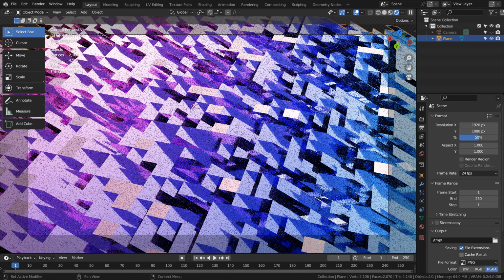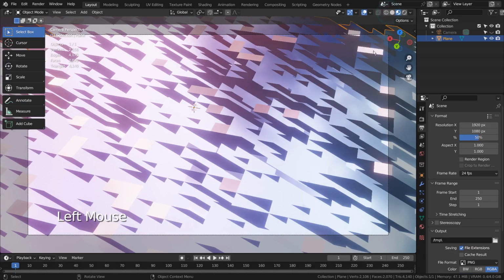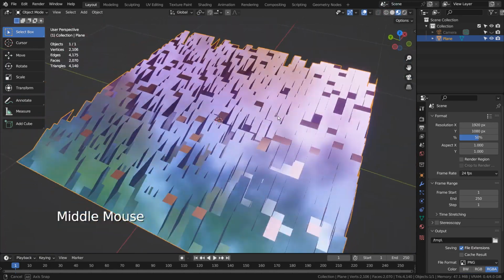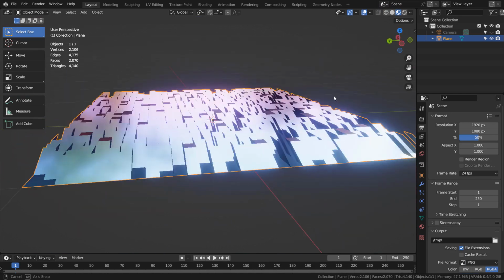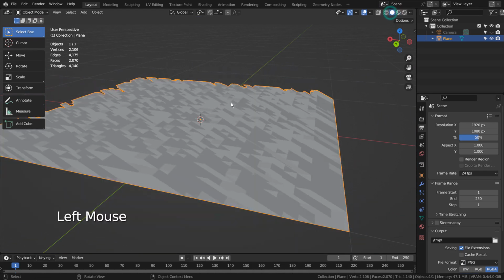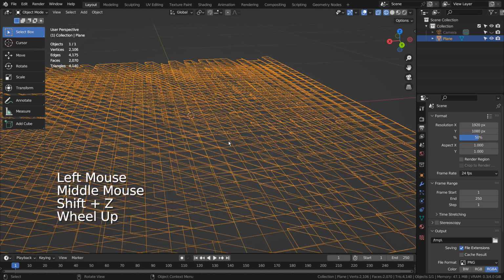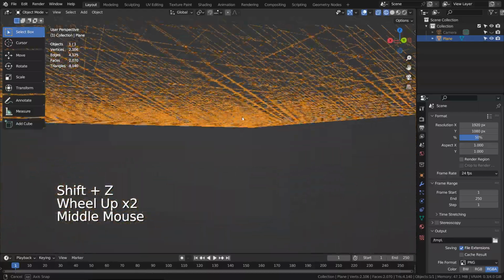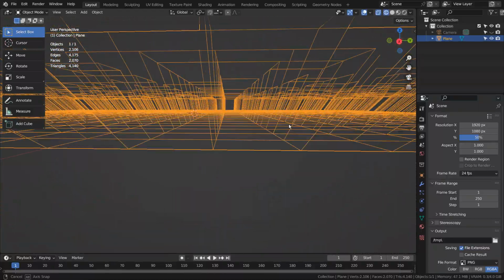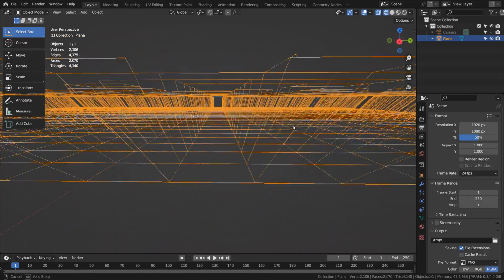In this tutorial, I'll show you how to create this abstract art. This is how the mesh looks like, and I have only used a plane. The idea is to subdivide the mesh multiple times, and extrude randomly selected edges. After that, we would apply two separate materials to give a wondrous illusion.